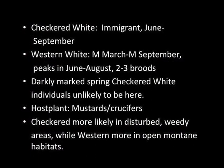Western white, 2 to 3 broods, is much more common of the two. Host plants are still mustards. Habitat varies a little bit more. Checkereds are more likely in disturbed, kind of weedy, vacant lots. Westerns are in more open montane habitats, but that can definitely overlap when you consider the immigrant nature of the